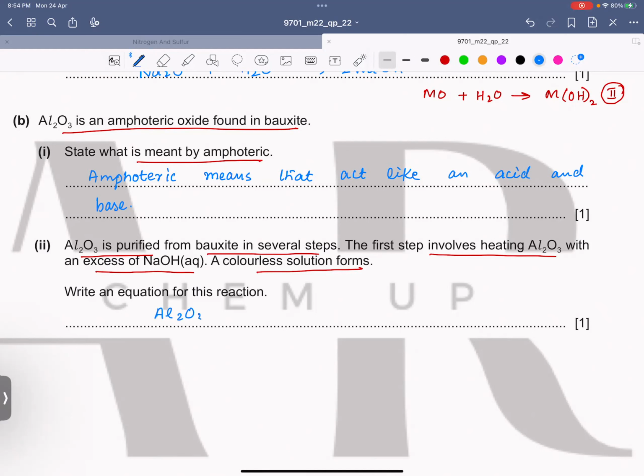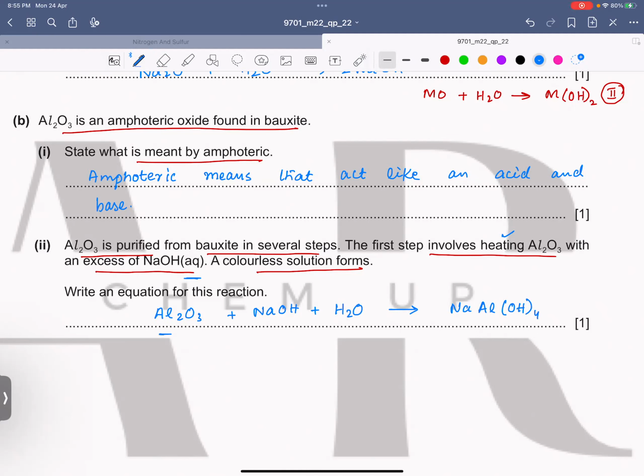There is aluminium oxide. It is reacting with sodium hydroxide, but see, we are reacting with aqueous sodium hydroxide, right? And we would be heating it as well. So it means that it would react with water as well. As a result, we will get a salt, sodium aluminate, NaAl(OH)4. Now, if you have to balance the equation,